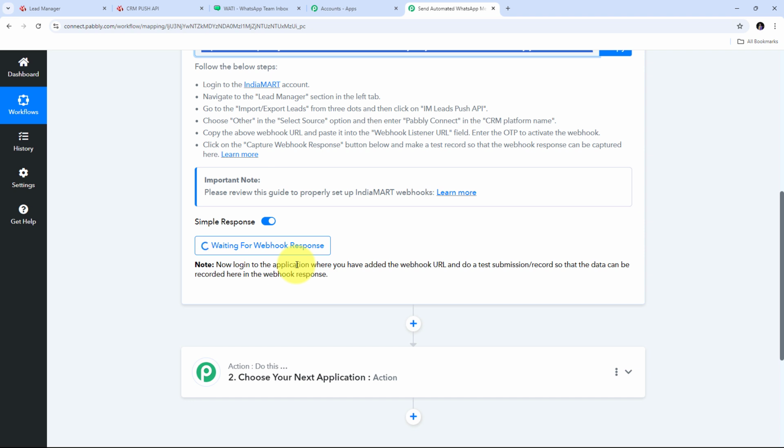So what I'm going to do is generate a test inquiry. As I generate a test inquiry, automatically that test inquiry will be sent to Pabbly Connect and I'm going to get that response here in Pabbly Connect. I'm only going to generate the test inquiry in IndiaMART so that I can show you how we can set up this automation and this workflow between IndiaMART and WhatsApp for sending automated WhatsApp messages to industrial plants